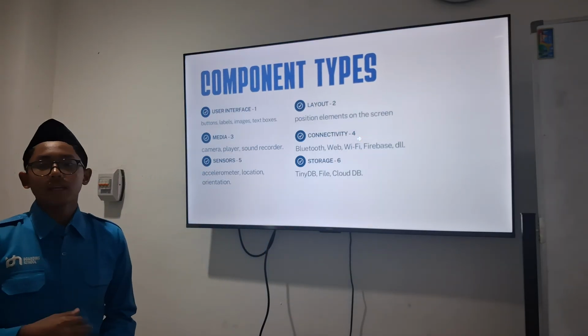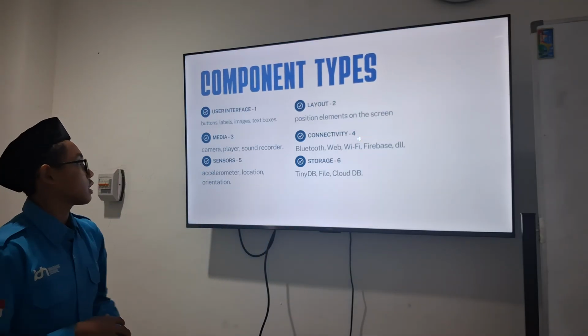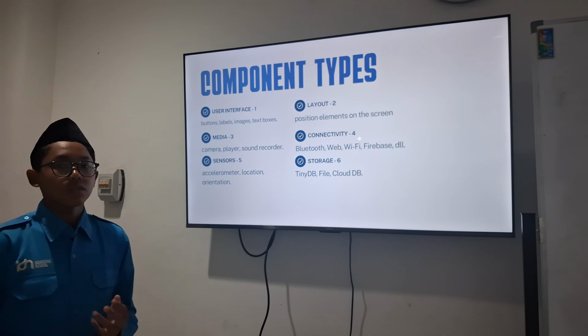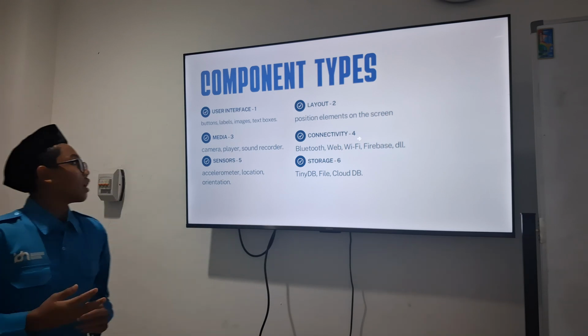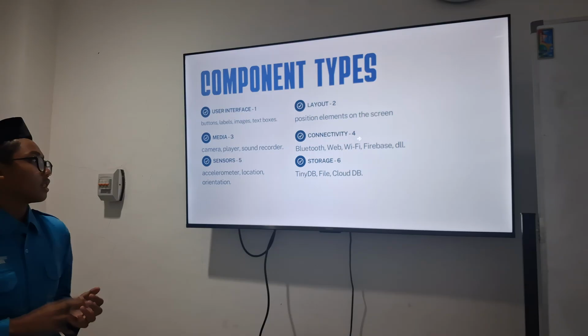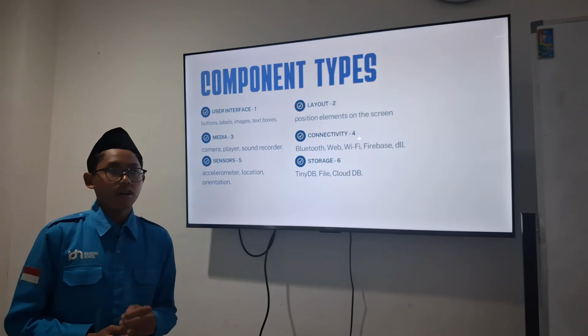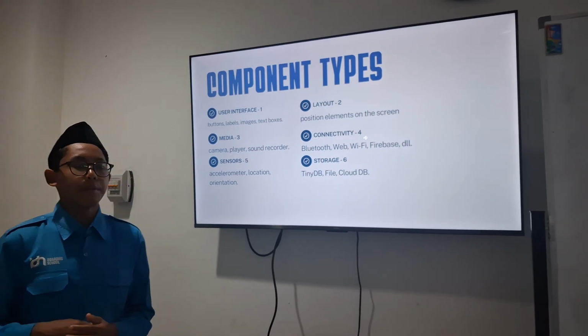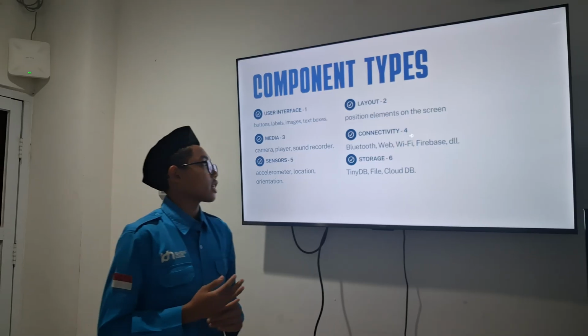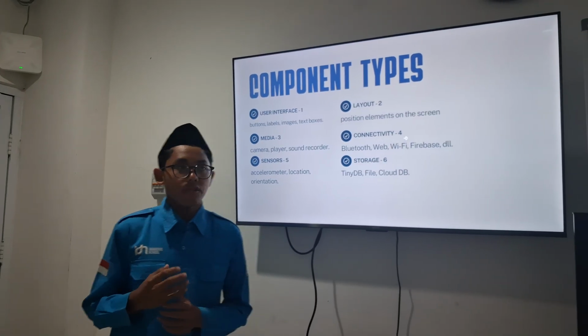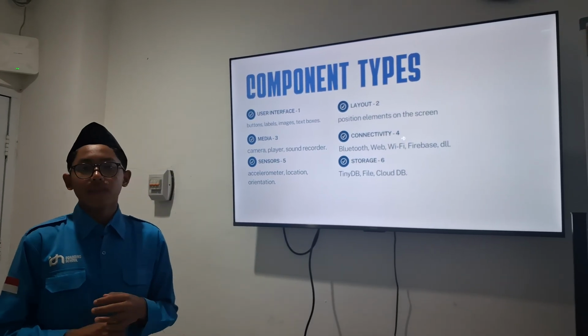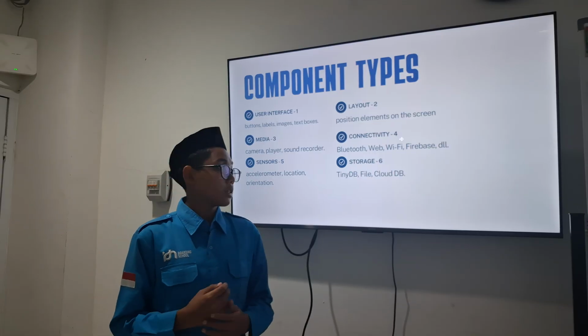And the component types in Codler, there are so many. The first is user interface, like buttons, labels, images, and text boxes for the UI of the applications. The second is layout, or positioning of the elements on the screen, like vertical arrangement and horizontal arrangement.